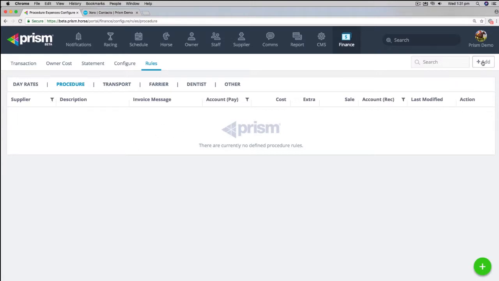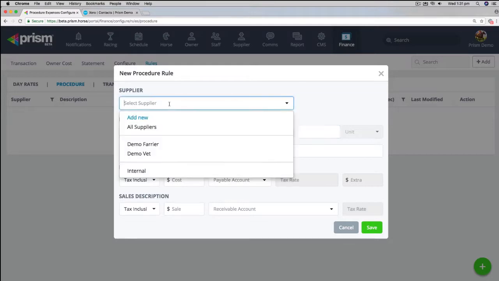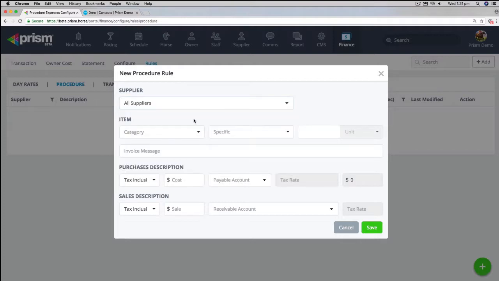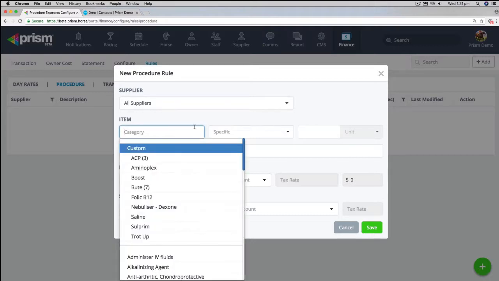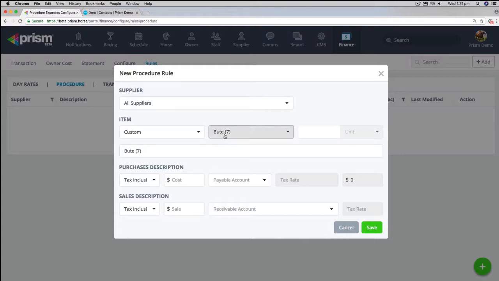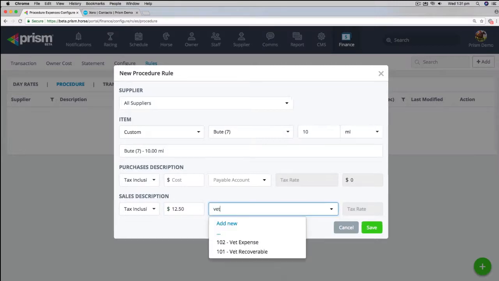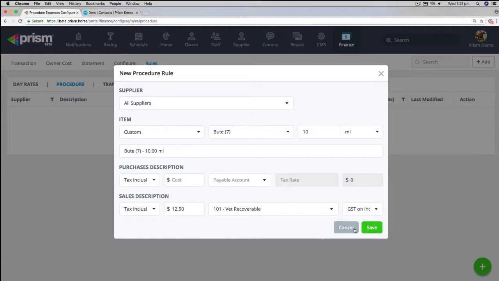To show you how that works, we'll go add. You basically select a supplier. Again, it can be internal if you don't have a supplier, or it can be all suppliers, or you can select obviously what you want or who you want. So we're going to do a procedure rule here. We're going to create a bute, 10 mil, and it's going to be charged out at $12.50. The receivable account will be vet recoverable, and the tax rate's there based on what we set. So if we go save,